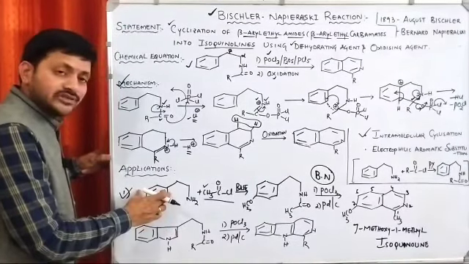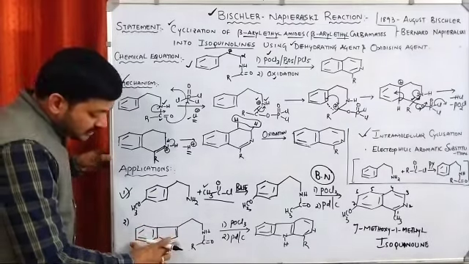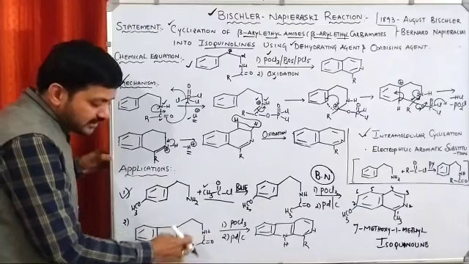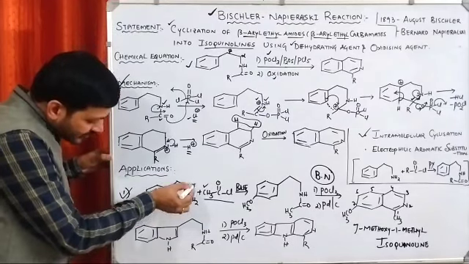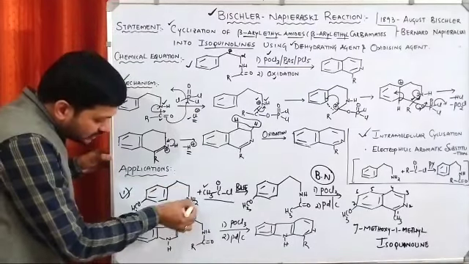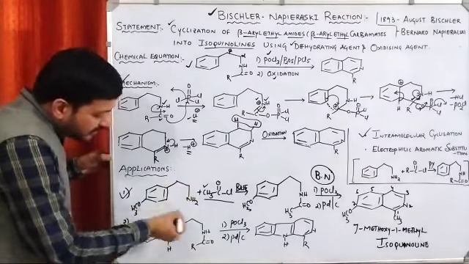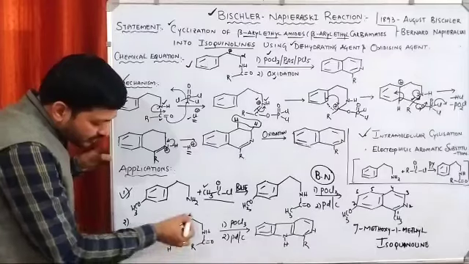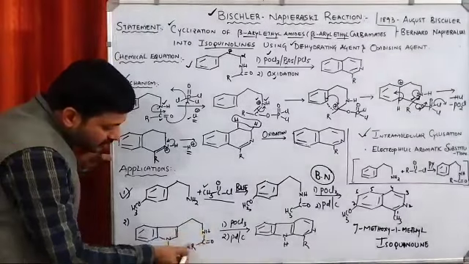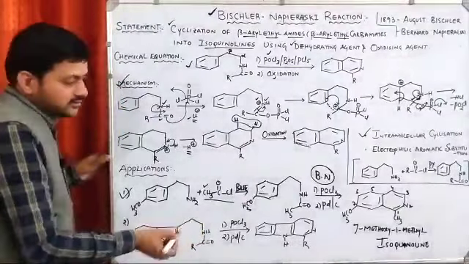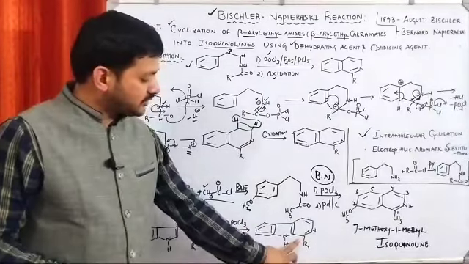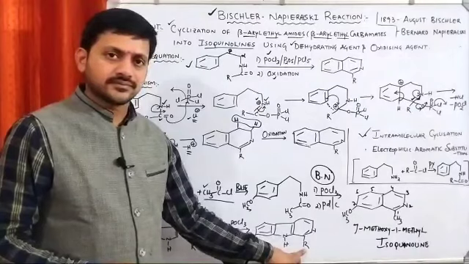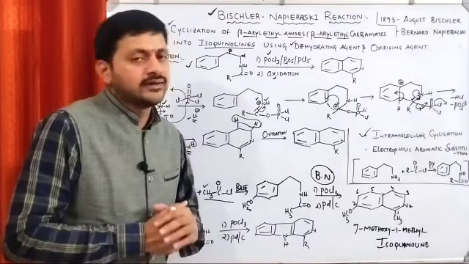Another application is where the amide is connected to a heterocyclic ring, the indole moiety. Here it is a simple benzene aromatic compound. This is indole, it is also an aromatic compound. So to this we have connected the amide. That's why, in the case of simple benzene, what is happening? Another benzene-type ring is formed, or not? So along with this 5-membered ring, we are going to introduce one 6-membered ring. See, this 6-membered ring is introduced and the R is like this. So this is all about your BN reaction.